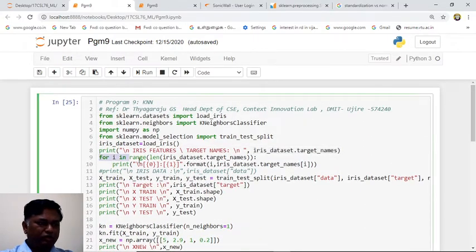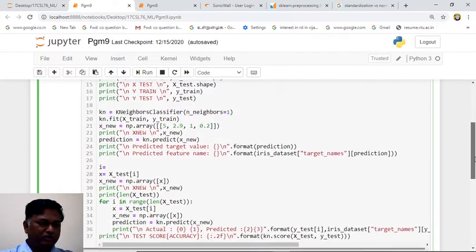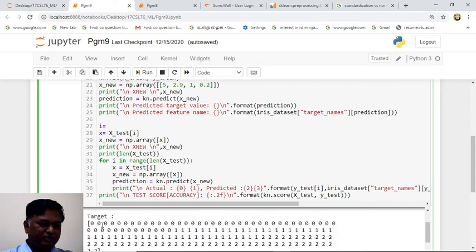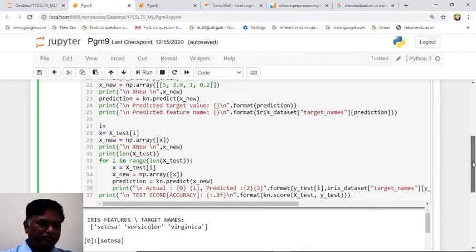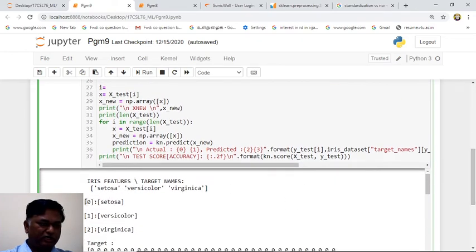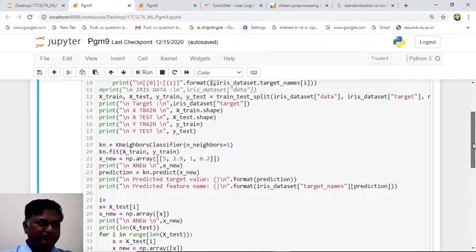This for loop is printing which number is assigned to which name. We are printing i: 0 belongs to which one, 1 belongs to which one, 2 belongs to which one. That is given here. 0 belongs to Setosa, 1 means versicolor, 2 means virginica. These are the 3 types of iris flower we have.